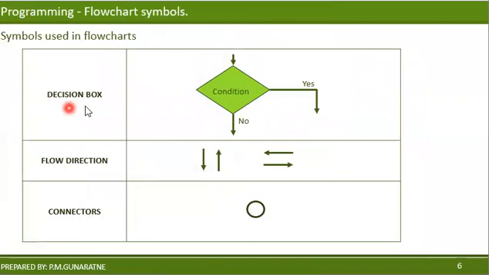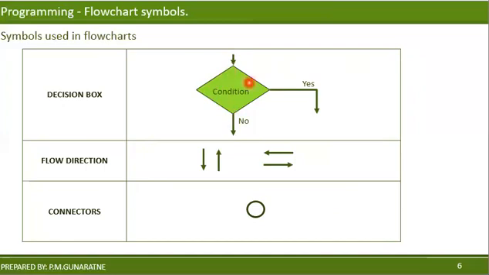Next one, the decision box. It takes one input, right? And there is a condition. This condition will be evaluated, and there should be only two answers, yes or no. That means there is a mathematical comparison. Let's say, is 5 greater than 10? I'm asking the question, right? Is 5 greater than 10? Think a bit. No, it is not greater than 10. That means it takes this path, right?